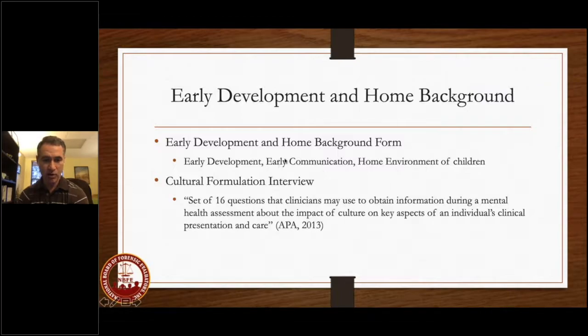These first 2, I think of them as screening for possible developmental disorders and developmental delays. And then this helps us to understand the context, the social context of the child. But then we have this other really neat tool that I like a lot called the cultural formulation interview. I like it for many reasons. One is it really helps us to be more